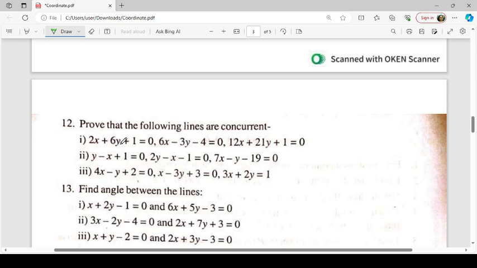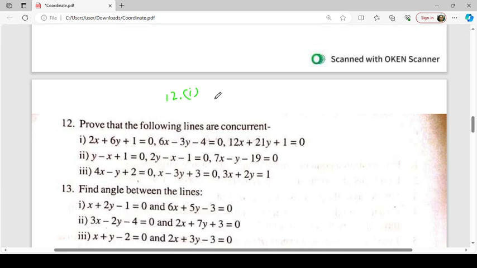Say it is twice x plus 6y. If we multiply the second equation by 2,